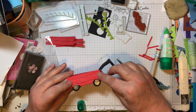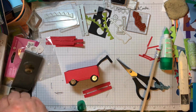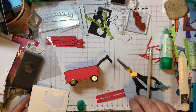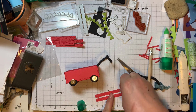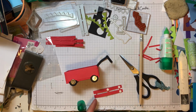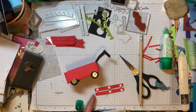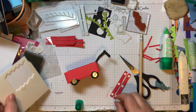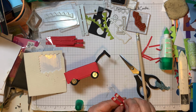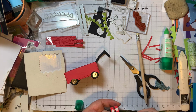So that's going to go along there, and I think I'm going to put these on. If I can find my mini dimensionals, I'm going to use the mini dimensionals. Oh, does it matter? Yes, it does, that side. So, because these aren't quite so wide, so I might just use 1, 2, and 1 each. So 2 on each end and 1, 2 in the middle. So we'll see, 1, 2. There's lots of layers on this. 4, 5. That's all of the